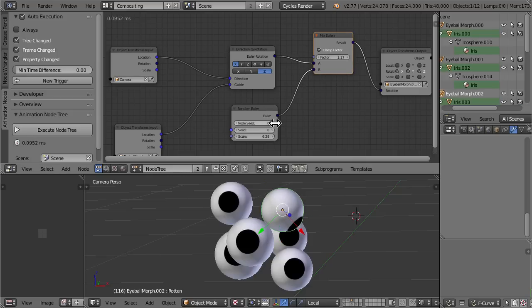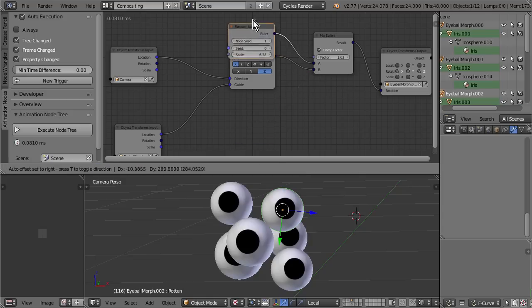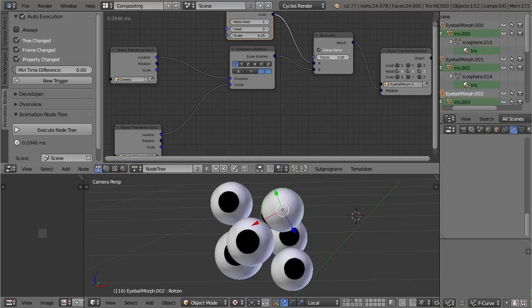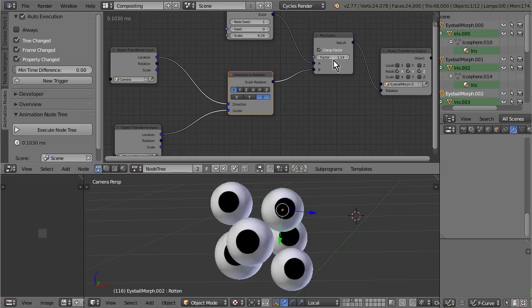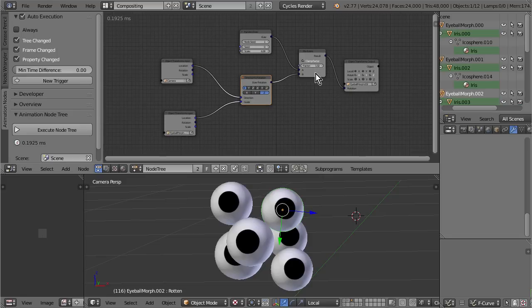Okay, so you can see if I change the factor, this gets interpolated. Once the factor is above 0, the eye starts to rotate away from the camera. So let's flip these, because I want the eye at 0. I want, which is basically the start frame, the eye looking in a random direction, and at frame X I want the factor to be 1 or above 1, and it'll be looking at the camera. So the Euler mix here, that works great. It's exactly what I want.